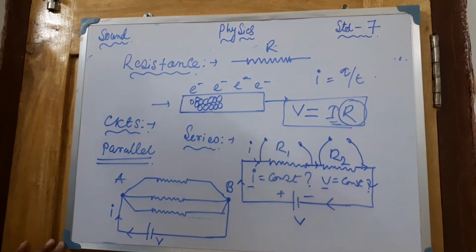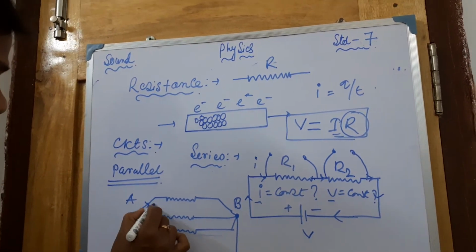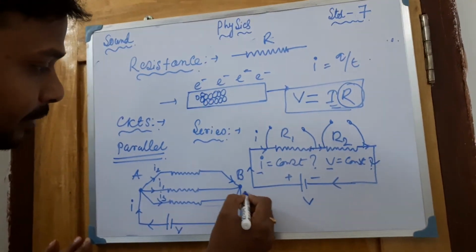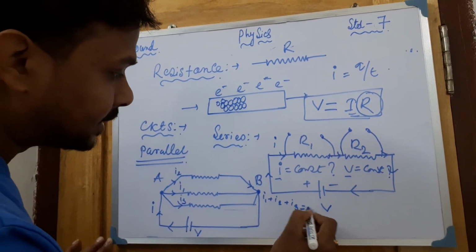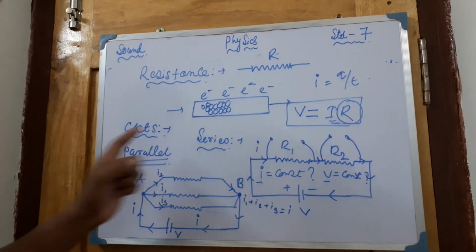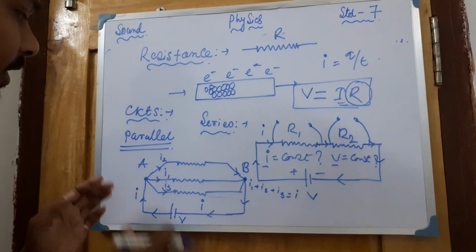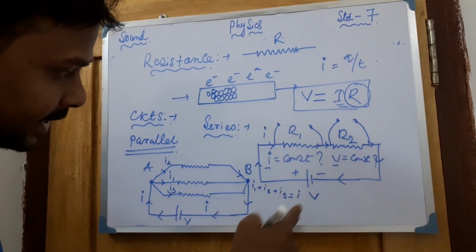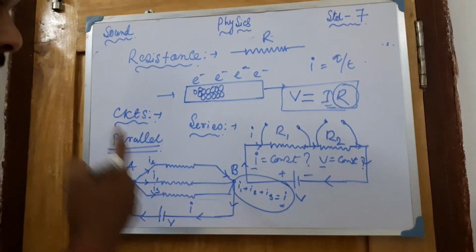So current I is passing through. Now the current will divide in three different directions. I1 will be here, I2 here, I3 here, and they will meet again at this point, so I1 plus I2 plus I3 is equal to the total I, and this total I will come back to this position. Now which one is remaining constant? You can understand, current is definitely not remaining constant, it continuously divides into three different ways, but at this point they meet each other again, making I again, and coming back to this position.